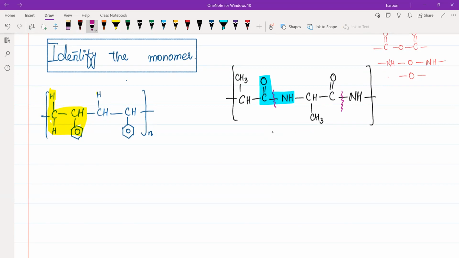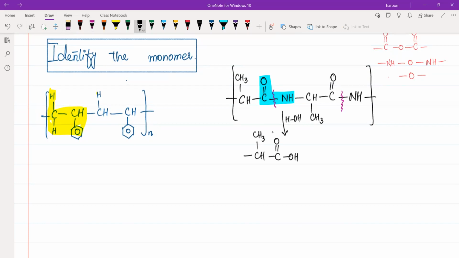Okay, so we'll break the bonds and what we will get is the monomer. The monomer is CH, C double bond O, and definitely we are removing a small water molecule from this. So we'll get C double bond O, OH, CH3 is attached here,